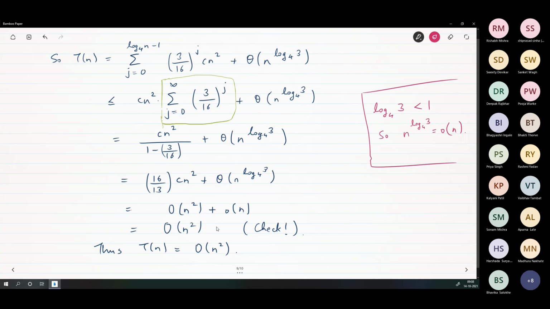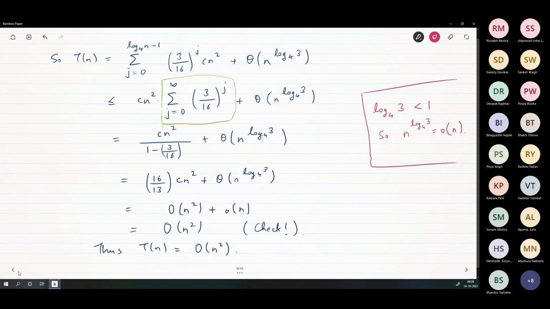How? We had seen again in tutorial, f of n plus little o f of n is theta f of n. So similar kind of solution to that. So check that big O n squared plus little o n is in fact equal to big O n squared itself. Okay, check that. And that is the final answer.